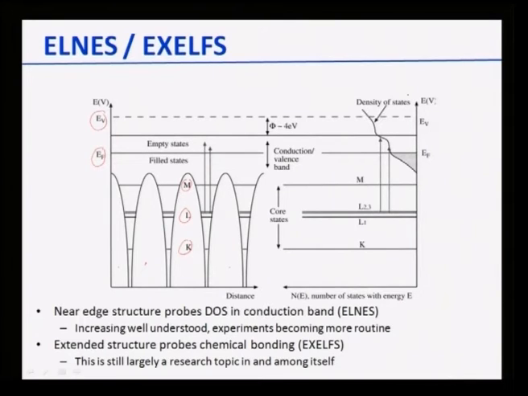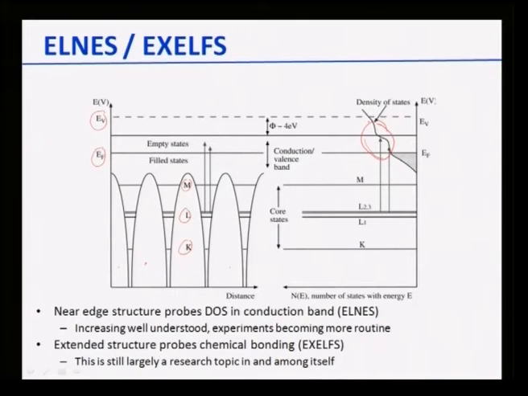Now if I go back to the right hand side structure, it will be more clear. So these K, L, M are the core states, and they have valence bands, and above that you have conduction bands, and then EV is there. So these kind of transitions from L23 to even empty states can give us information regarding this part of the